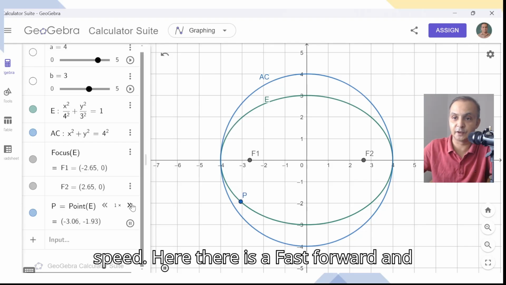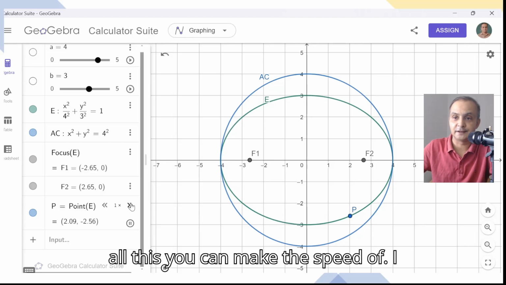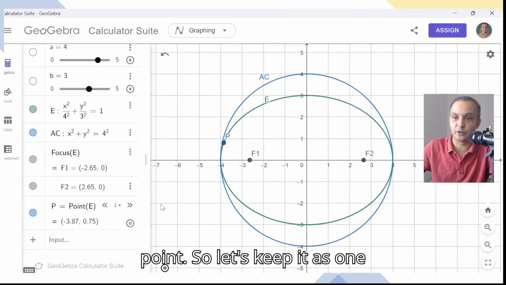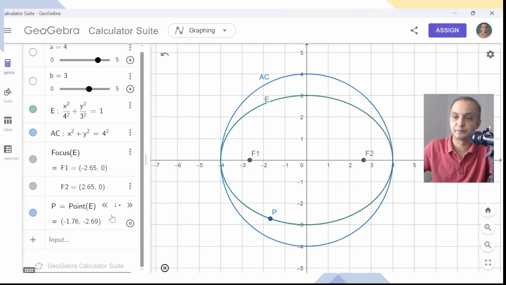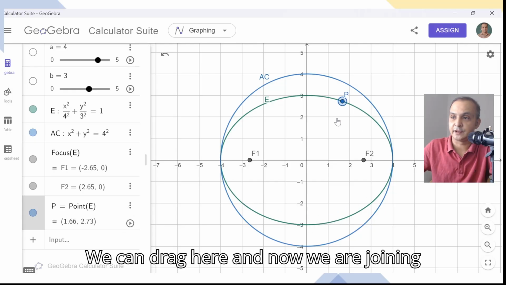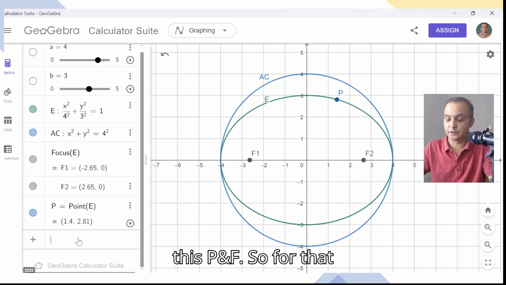Here there is a fast forward and all. With this you can change the speed of this moving point. So let's keep it as 1. And we pause it, it's a point here. We can drag here. And now we are joining this P and F. So for that, I will take P,